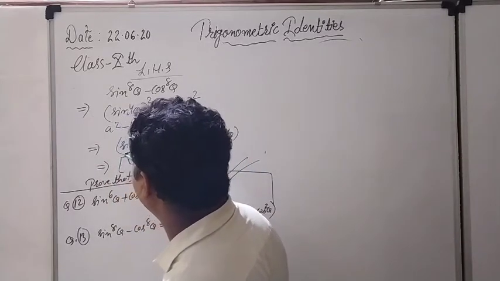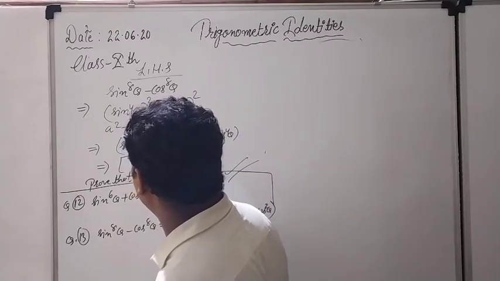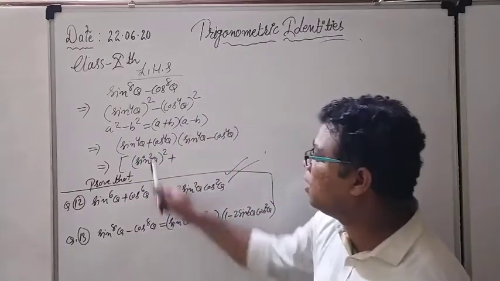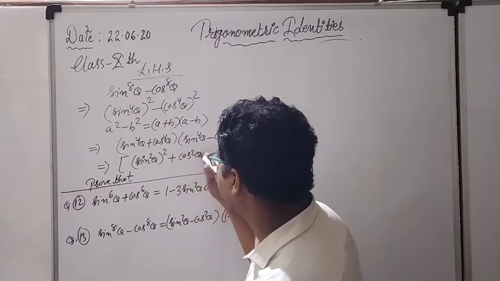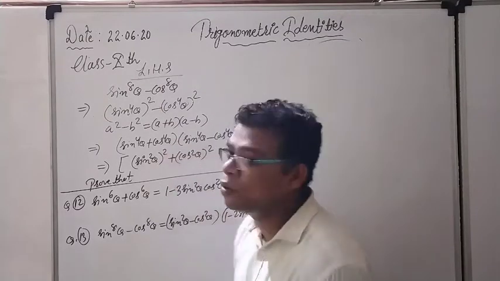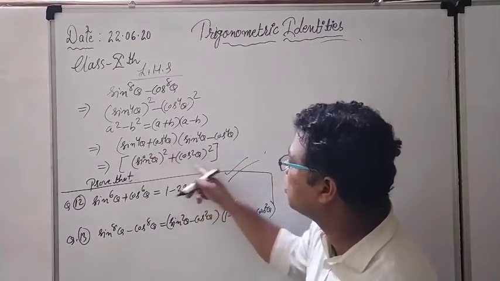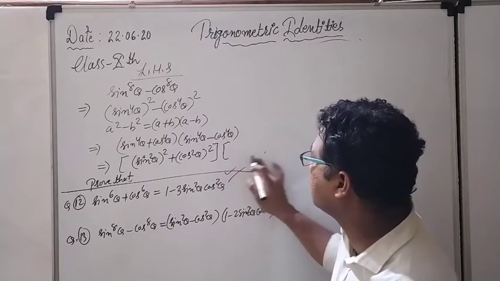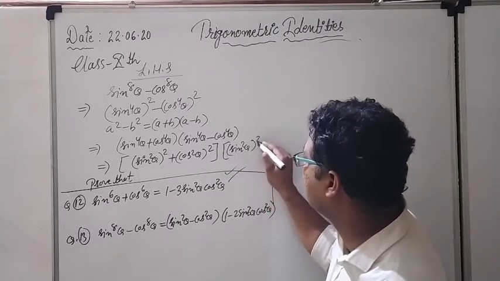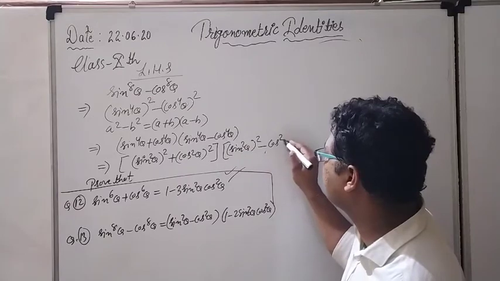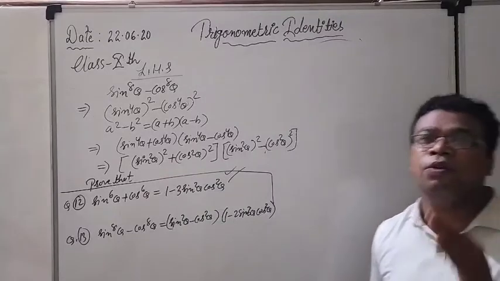I will take the help of a big bracket, and this sin 4 theta could be written as (sin square theta) whole square. Is that clear for you? Yes. Sin 4 theta, since 2 twos are 4, and that cos 4 theta could be written as (cos square theta) whole square, because 2 twos are again 4. These are in the big bracket because each is a single term. Again for this I will take another big bracket here: sin 4 theta, again written as (sin square theta) whole square, minus cos 4 theta, written as (cos square theta) whole square. I think things are clear to you.